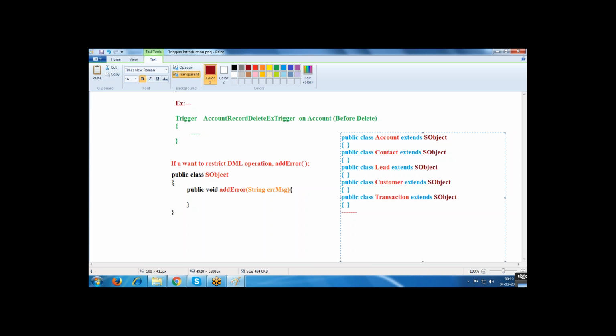So whenever we are using the account, can we get the addError functionality into account?